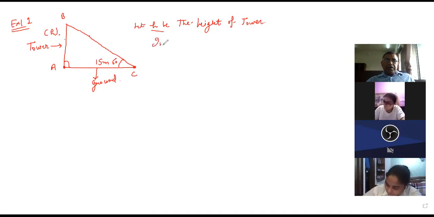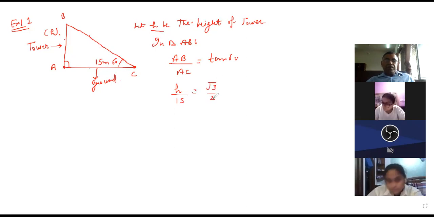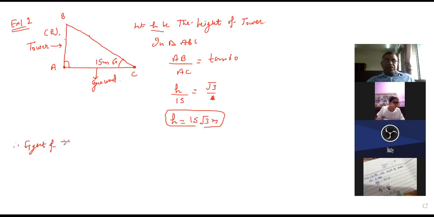So in triangle ABC, AB upon AC is equal to tan 60. So the value of AB is h, the value of AC is 15, and tan 60 is under root 3. So cross multiply, h is equal to 15 under root 3 meters. Therefore, height of the tower is